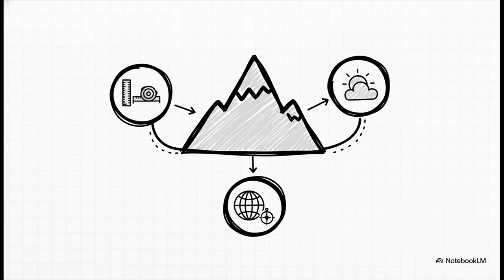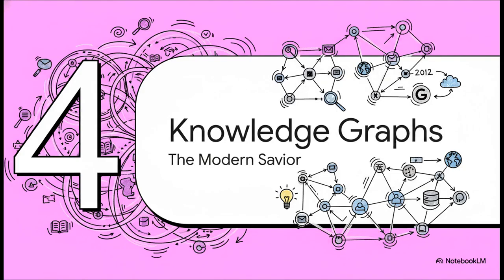So, for example, instead of just tracking a generic document about Italy, it defines a specific Italian mountain, say Monte Bondone, and it tracks its exact altitude, its geocoordinates, and the explicit semantic relationships it has with the world around it. Now for Section 4, Rise of Knowledge Graphs.